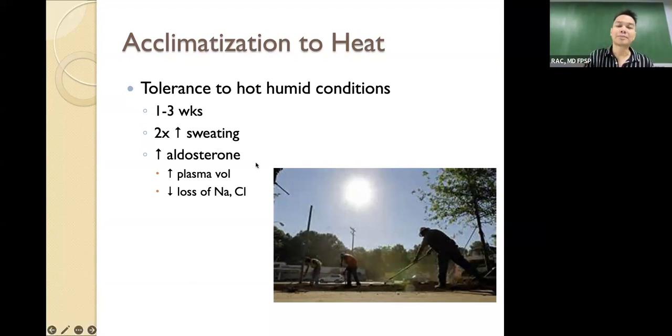So those who are exposed to warm environments for prolonged periods of time, like for example, road workers, farmers, traffic enforcers, are exposed to the sun most of the time. So aldosterone production is high. Water reabsorption happens in the kidneys, sweat glands, and in the gastrointestinal tract, just to maintain effective circulating volume. So there is decreased loss of sodium, chloride and water, but of course the trade-off is potassium losses. So you have now a risk of developing hypokalemia.